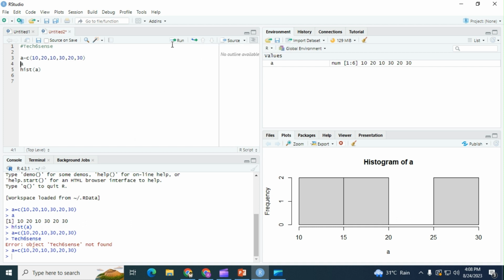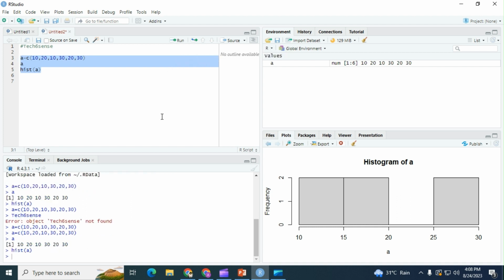Just to the right side of the run option, you can find the rerun option is also available. If you select this particular line of code, which we explained for creating the histogram plot, and click on run, you can find the output is already there and the plot is already available, so we cannot notice what is the change over here. So if I click on the delete option,